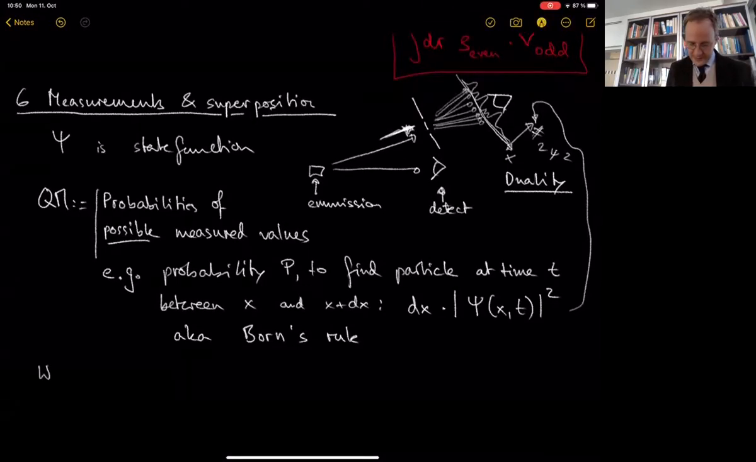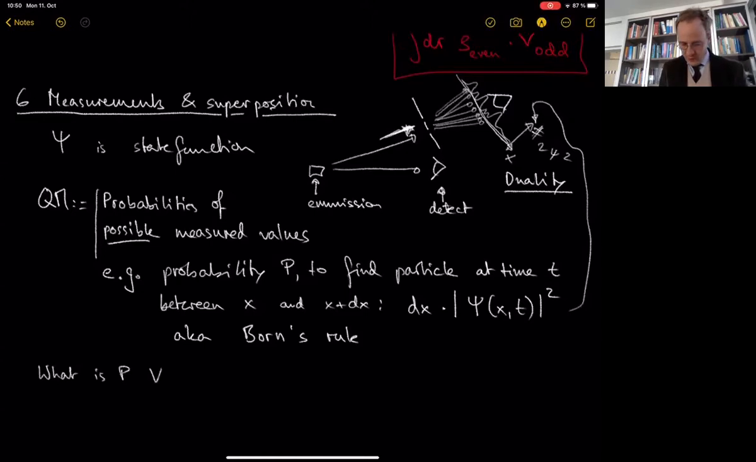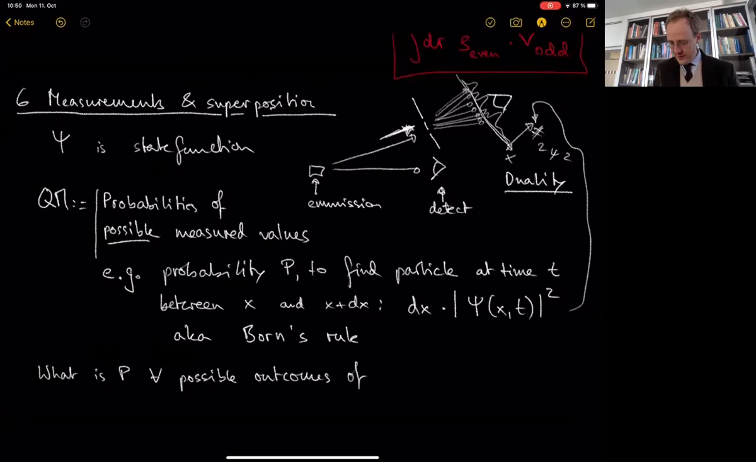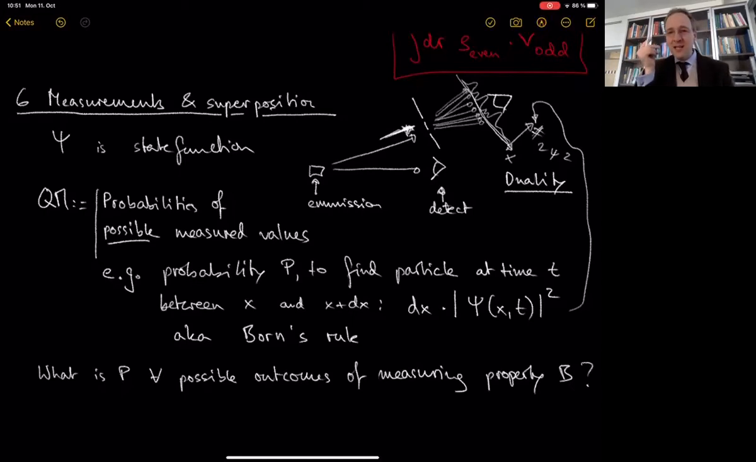So what is P for all possible outcomes of measuring property B. Now, this question implies that you already have an idea of how to measure B in terms of quantum